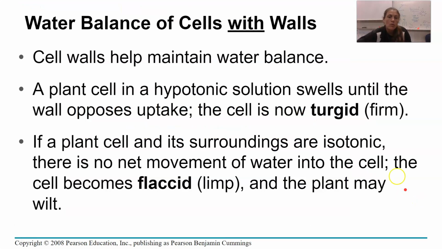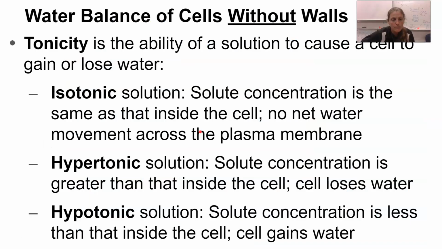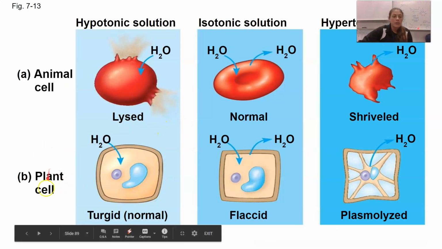Okay, if we are a plant cell, so we have a cell wall, we're a little bit different. Okay, here's the way we osmoregulate. First off, the cell wall helps us maintain a water balance, okay? Plants love to be this thing called turgid, okay? Turgid means that they are filled with water, okay? So I'm going to go back to this picture, okay? In a plant cell,